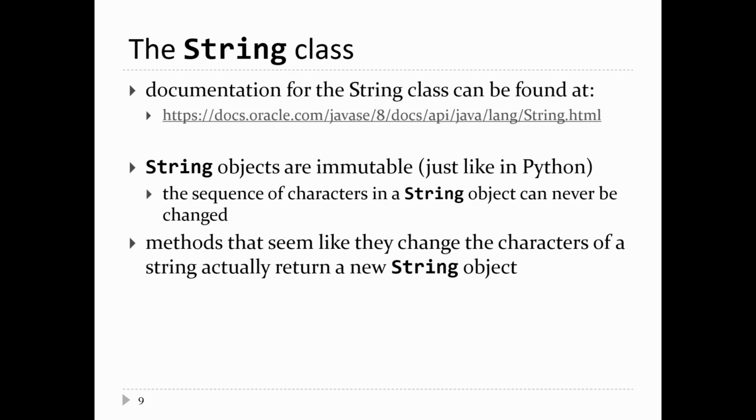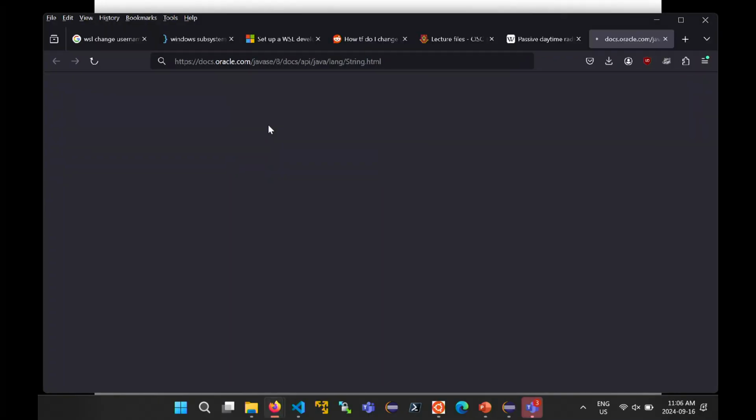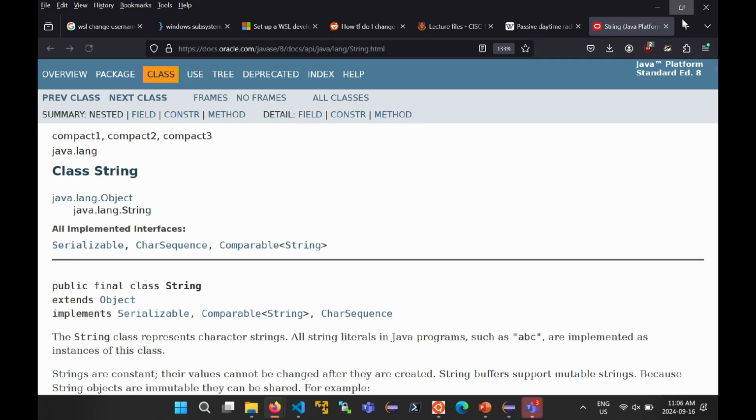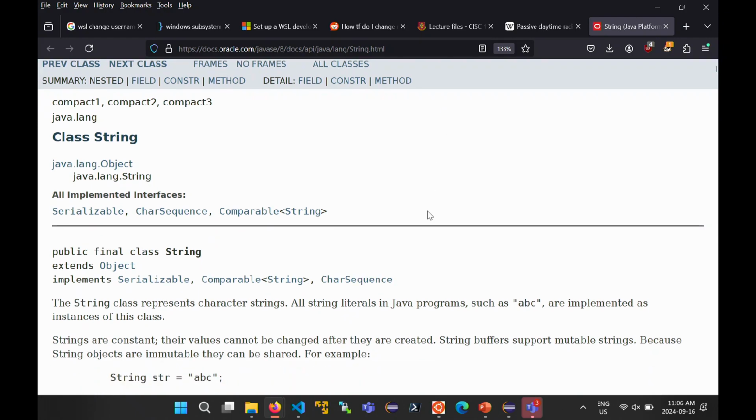Okay, so if you want the documentation for the string class, you can click on this link here, which I will do, just to quickly show you what Java documentation looks like. If you've ever read the official Python documentation, the Java documentation looks very different. I would argue it's organized much better than the Python version. But anyway,